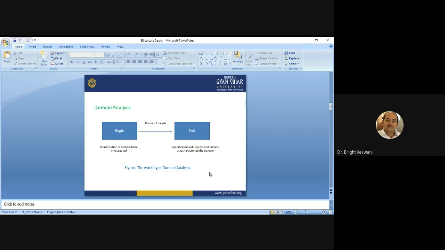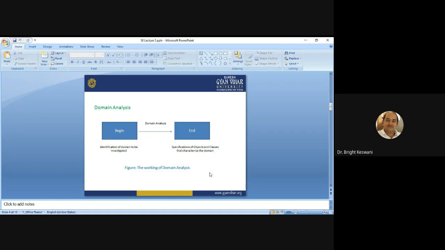The second goal of domain analysis is that it designs and builds reusable components that may be used by many people working on similar but not necessarily the same application. That is the purpose of reusability. When many people work on similar applications, they can use the library modules available in the library.